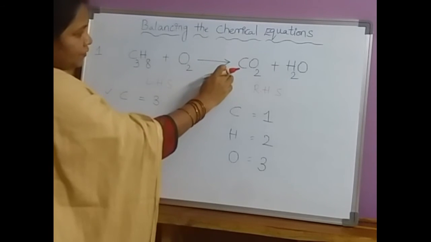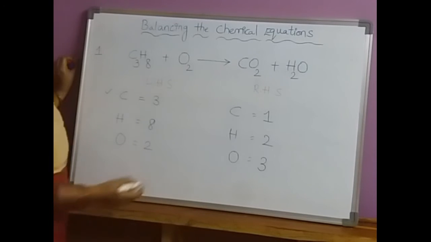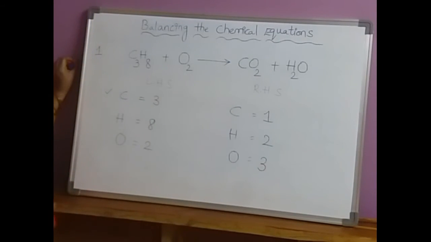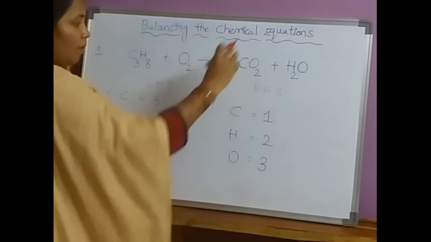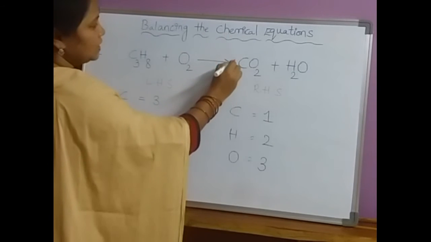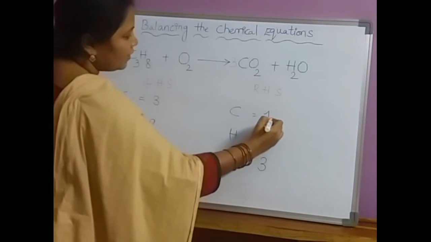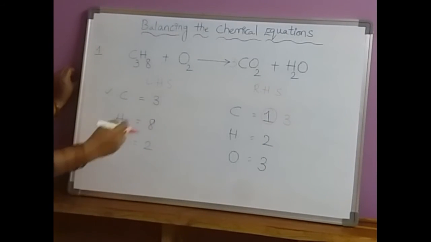As there is no coefficient here, we can consider it as a 1. Now we can go for the number 2. Whenever we write here 2, what happens? The carbon atoms number increases by 2. But we need how many carbon atoms? 3 carbon atoms. So this whole molecular formula should be multiplied by the coefficient 3. If you write 3 here, the number of carbon atoms increases, so that here we can write the new carbon atoms number is 3.